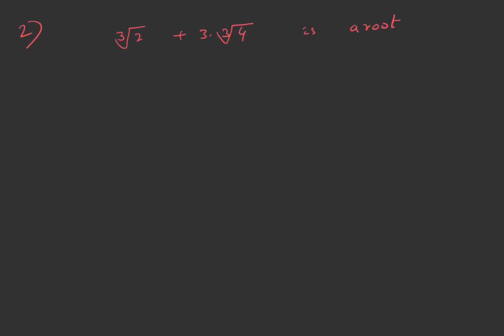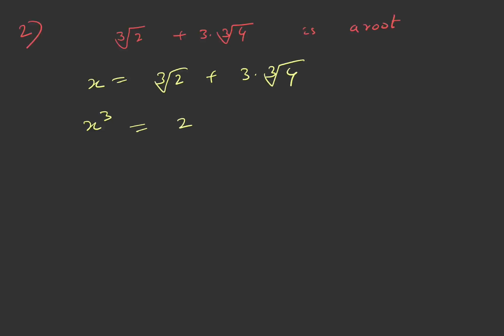In this question you are asked to find a polynomial equation with lowest degree with rational coefficients whose one of roots is cube root 2 plus 3 into cube root 4. Now I'll assume x equals cube root 2 plus 3 times cube root 4. We want to make the coefficients rational, and here you have irrational things involving cube roots. So then let us cube the equation on both sides.